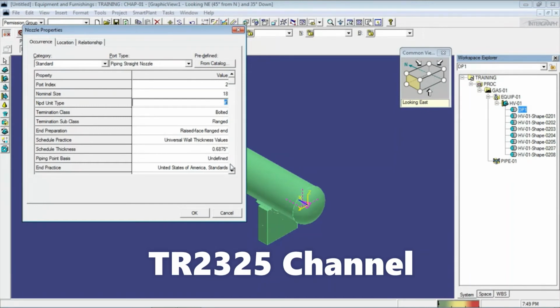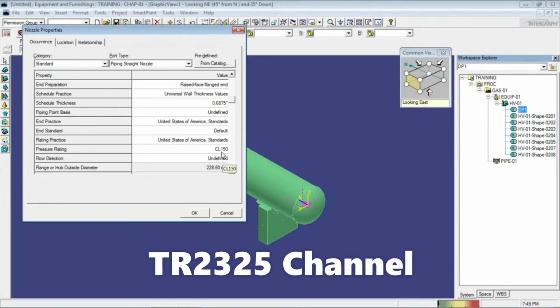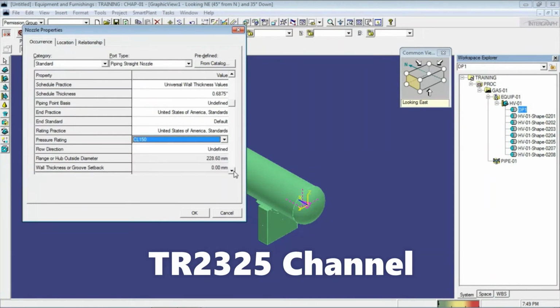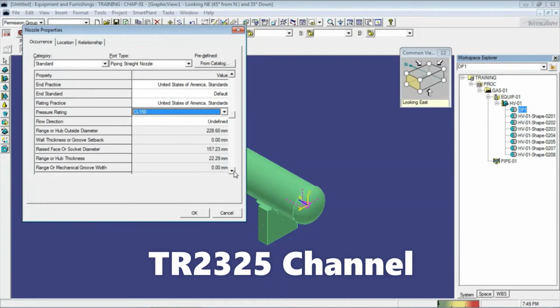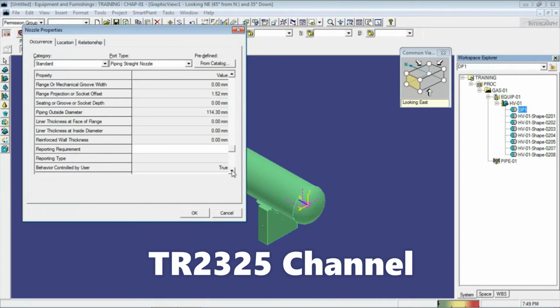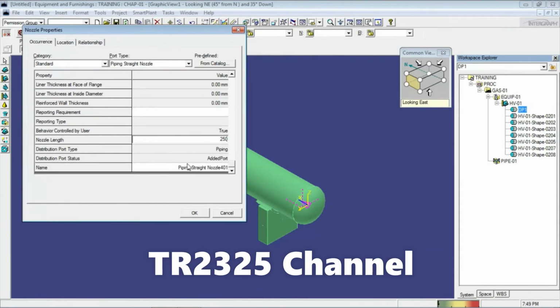Select this one. You can select the class. I'm going to go with 150 class. And nozzle length, I'm going to give 250. And nozzle name is